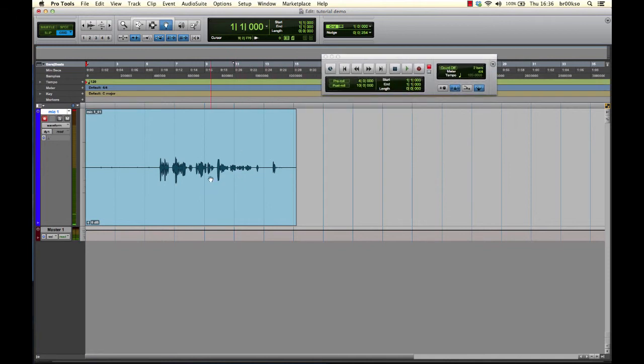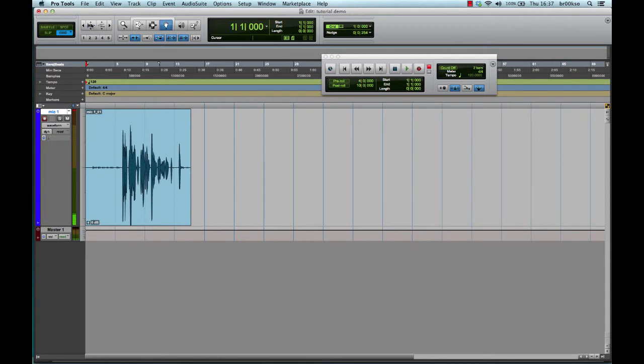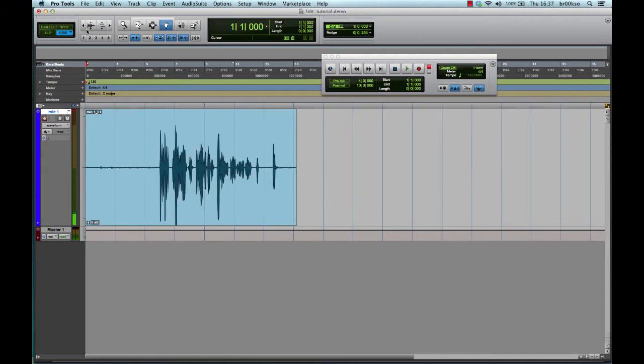See the audio? That's the waveform there. What you can do as well is quite handy. See the zoom bit I showed you earlier on? These wee arrows here for zooming in and zooming out. See this wee wave bit here? You can actually zoom in and zoom out on the waveform as well. And that's not you making it louder or quieter. You're just zooming in on it so you can actually see it. And that's quite handy sometimes to get a right good look at the waveform. Alright? So that's my audio recorded there.